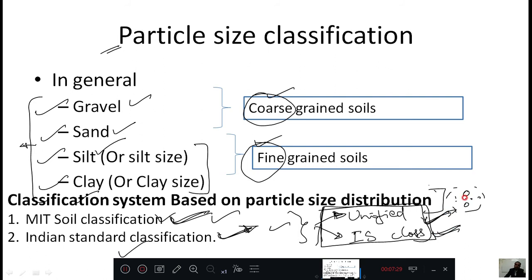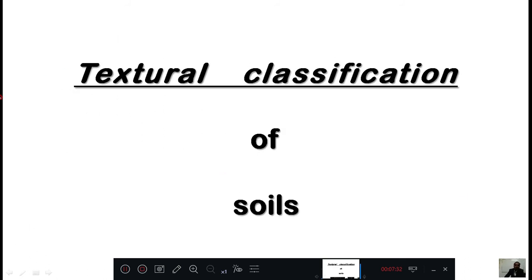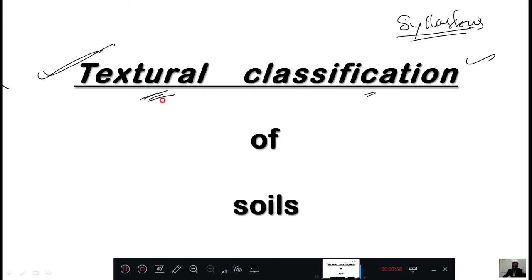Okay, in this class I am going to discuss the textural classification of soil, but however this is not mentioned in the syllabus. That textural classification is there for the UG students, but it is very important and we need to understand what this textural classification means. The chapter heading is classification, therefore even though they ask some questions on textural classification, there is nothing wrong in that. Therefore, we should be very clear about this concept also.